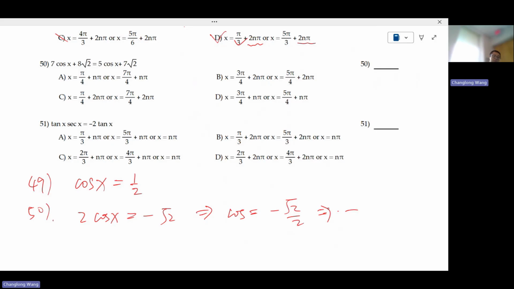Now what about 51? You see, oh, I have secant there. All right, so we probably have to do some fancy identity to turn it into sine and cosine stuff. I mean, you could. But